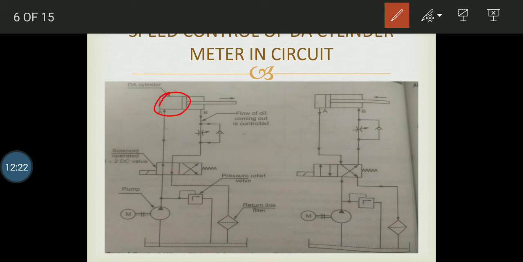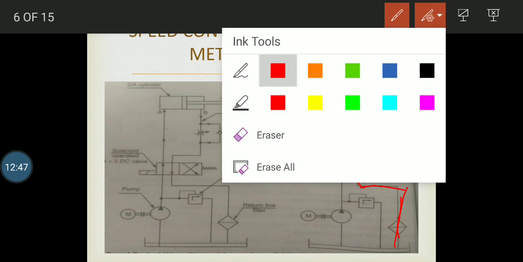So the solenoid changes from section 1 to section 2, and the fluid already filled in the section at port A gets discharged, moving into the DCV and then passing through the filter into the oil tank.